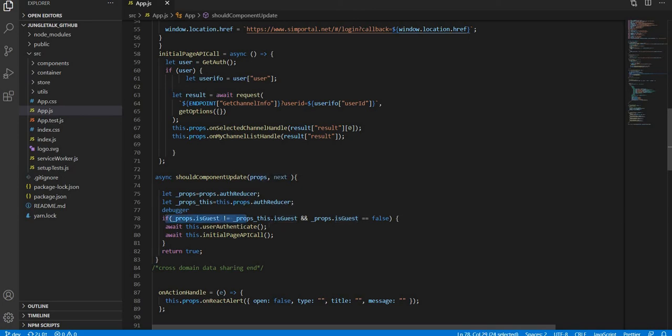Now I am just cross-checking in shouldComponentUpdate. As soon as I update there, it checks if guest, which by default is true, and once I click on login, it is passed as false. If both are not equal, then it becomes false here. False means I'm trying to log in.